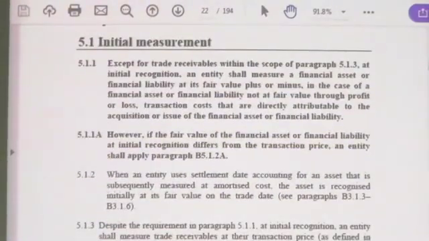Initial measurement 5.1, right? Read and see whether this is correct. What I have explained is correct. See, except for trade receivable,